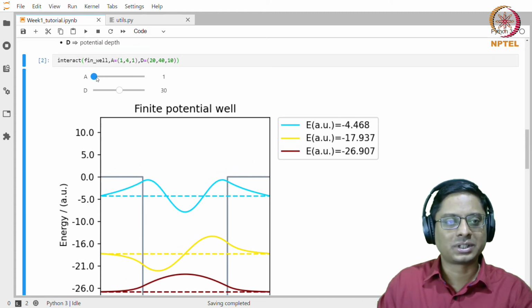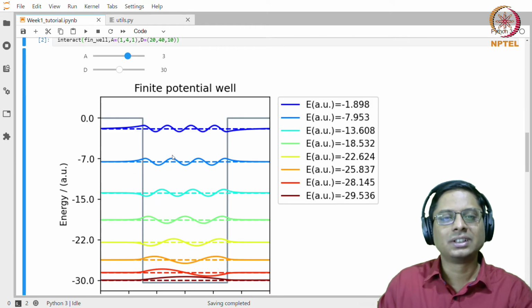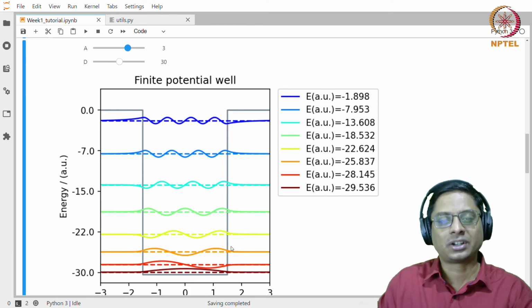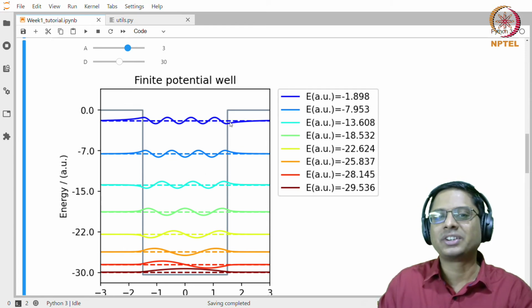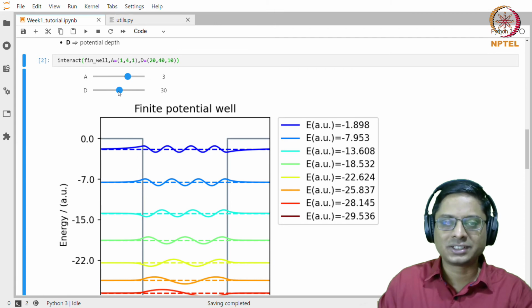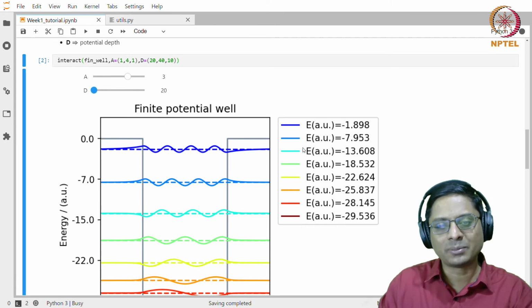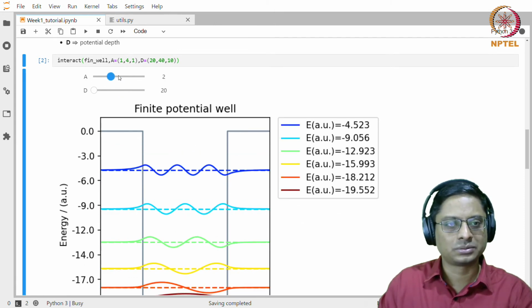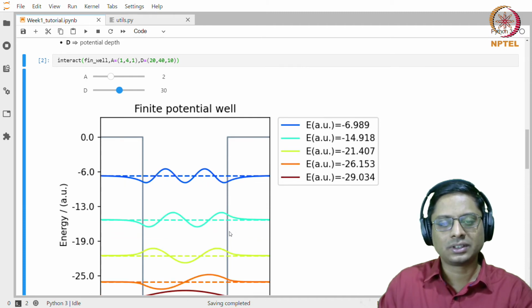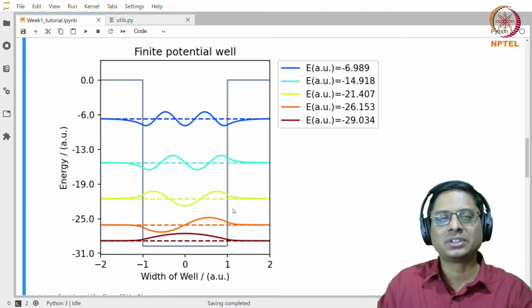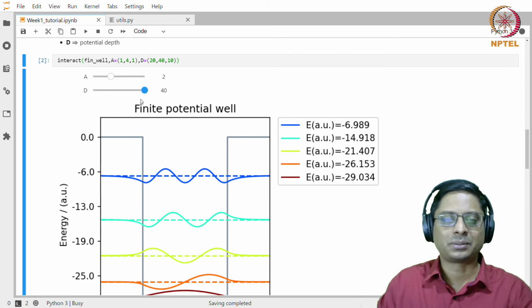Now if I increase the width, of course more levels show up, and there is less penetration into the barrier. Similarly, the depth will change things. If you decrease the depth, there will be more penetration. Let's go back to 2 here. It's penetrating more, but if you increase the depth, for the corresponding energy it will be deeper into the well, and it will not penetrate that much.